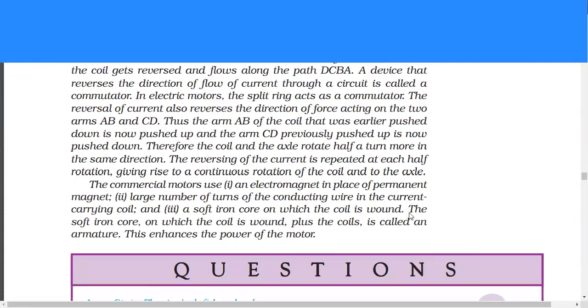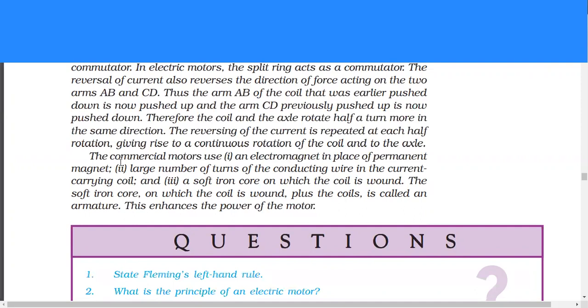The reversal of current also reverses the direction of force acting on the two arms AB and CD. Thus, the arm AB of the coil that was earlier pushed down is now pushed up, and the arm CD, previously pushed up, is now pushed down. Therefore, the coil and the axle rotate half a turn more in the same direction. The reversing of the current is repeated at each half rotation, giving rise to a continuous rotation of the coil